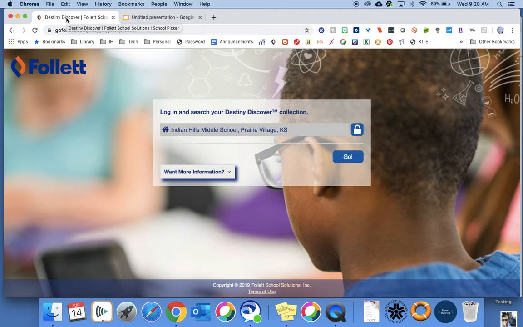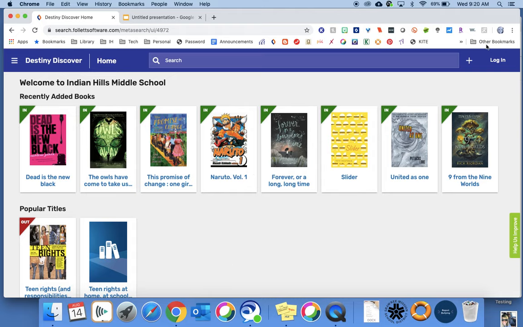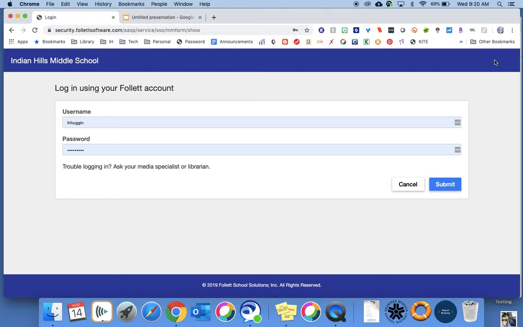On this landing page, you may have to select your school and city, but I've done this before, so it's defaulting to my school, Indian Hills. So I'm going to select Go. And then on this next page, in the upper right-hand corner is a login button. While I can search without logging in,